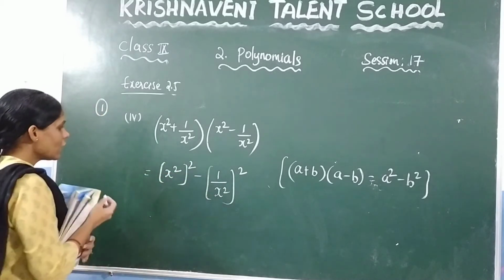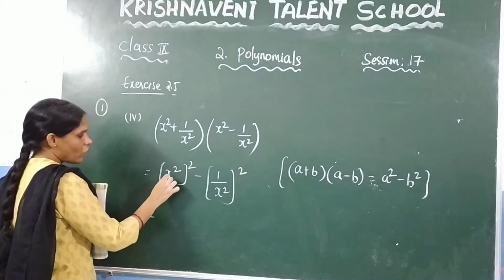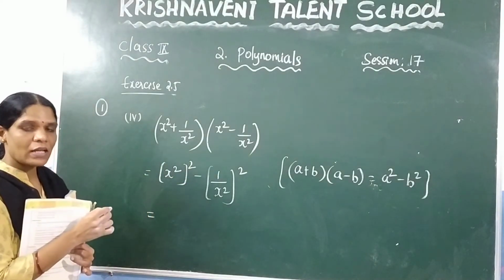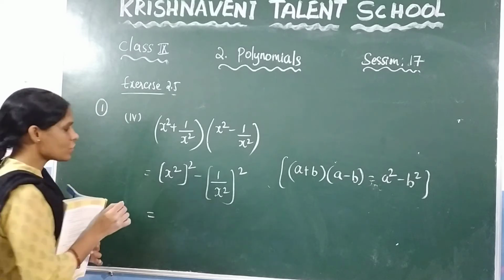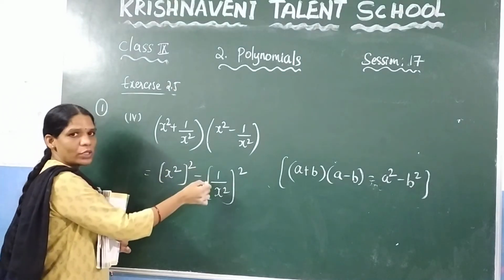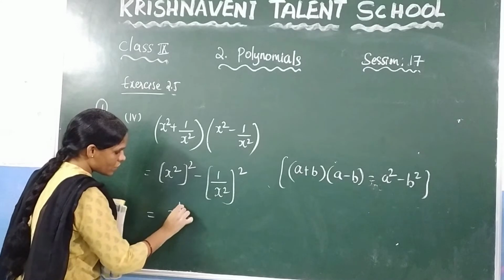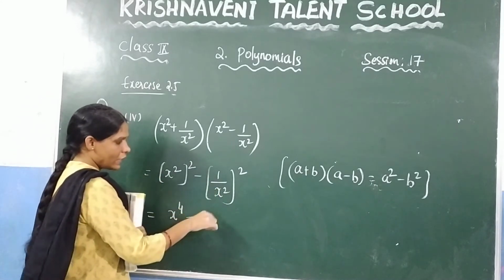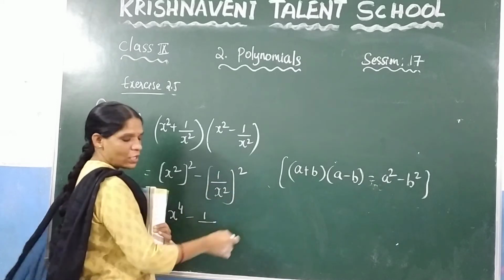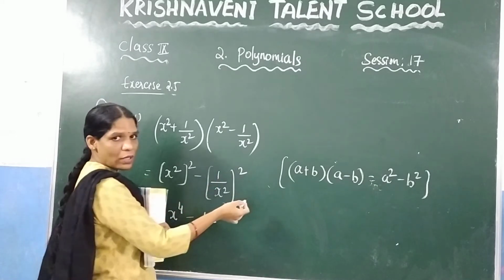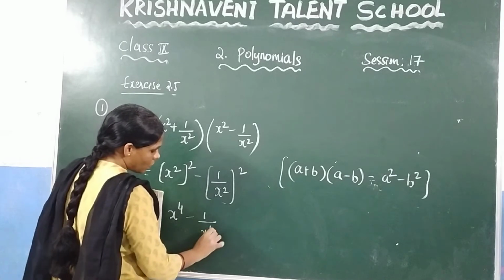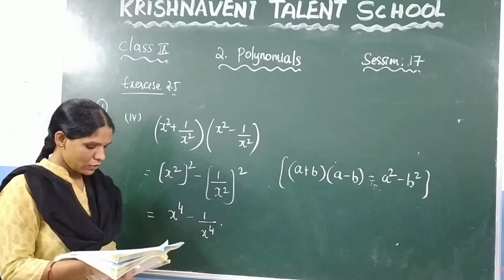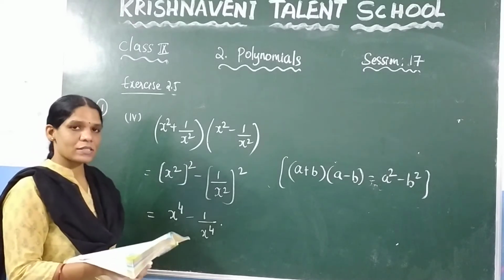So here you know that it is in the form of (a^m)^n. What is the formula for (a^m)^n? a^(m×n). So you get here x^(2×2). What is the value of 2 into 2? Which is 4. x⁴. Similarly here minus 1 by, again it is in the form of (a^m)^n, so you get here x⁴. This is the problem. Now here the fifth one, they have given (1 + x)(1 + x).